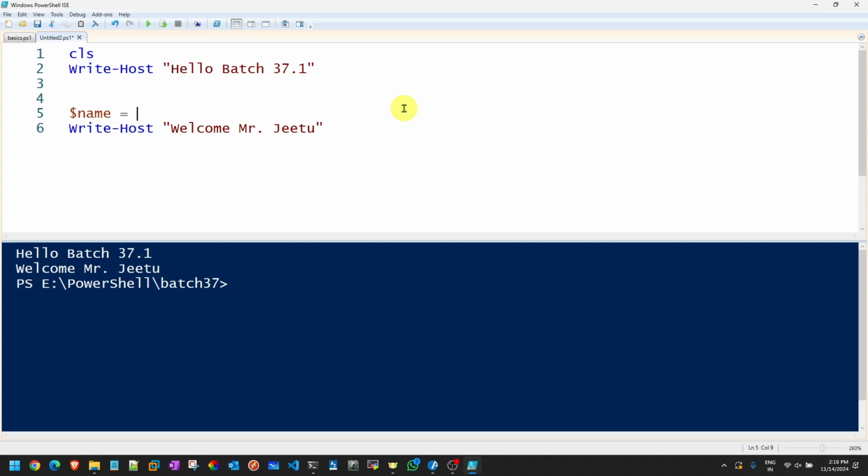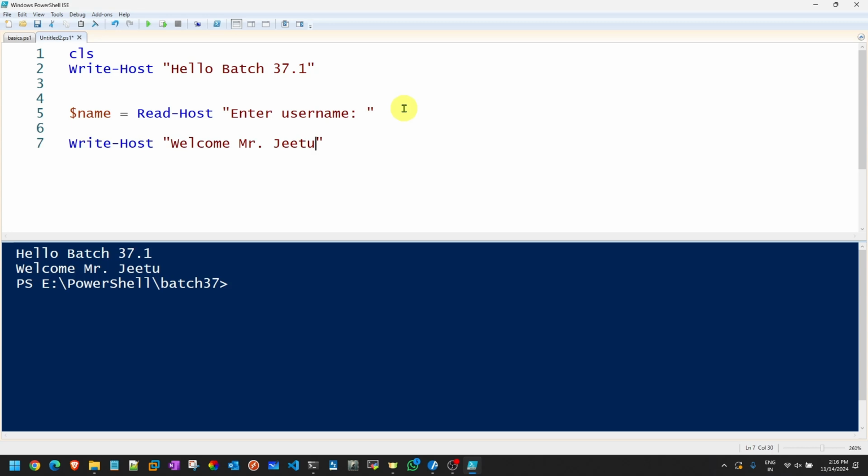Here I am going to use the command called Read-Host to get the information, instead of Write-Host. Now, what do you want to ask? Let's take the user name: Enter user name. And here I am going to make it $name.